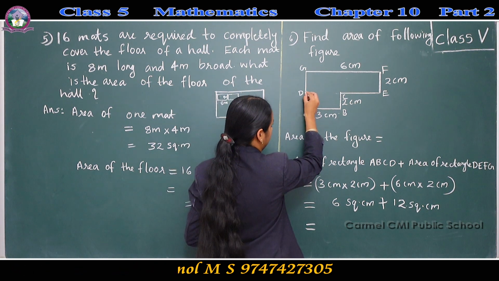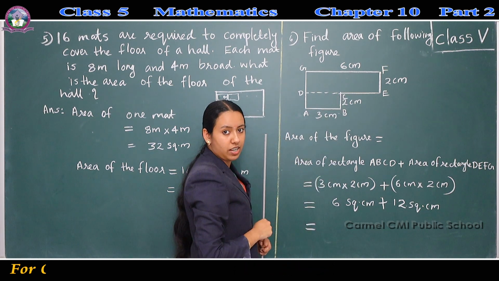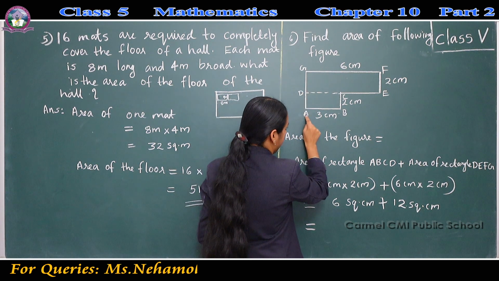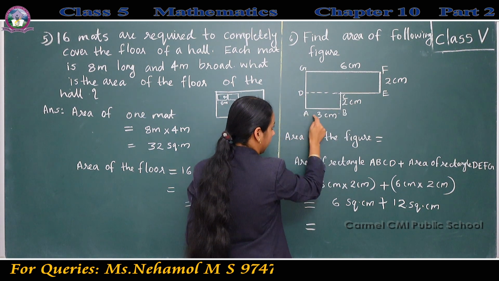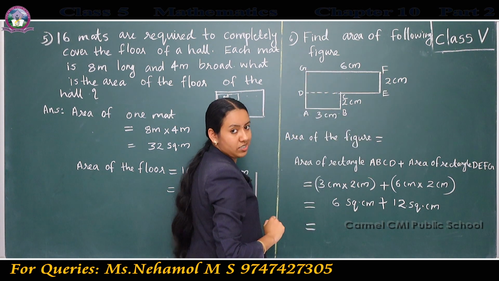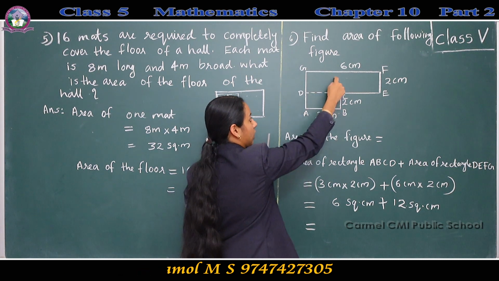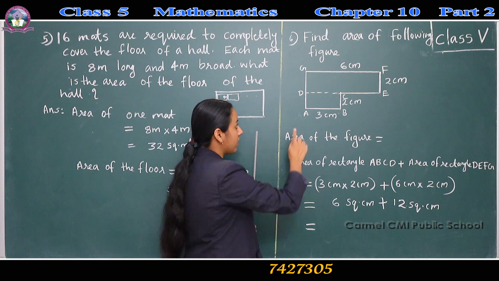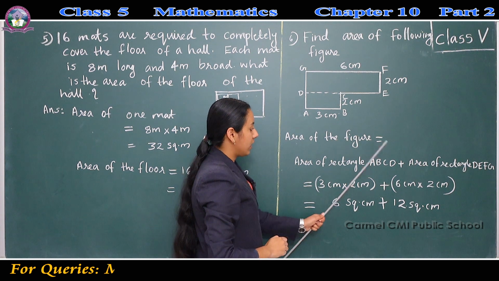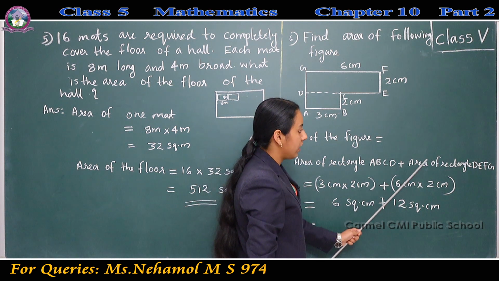We can split this figure as two rectangles. We know how to find area of a rectangle. Then now we got two rectangles. We can name it as A, B, C, D. First rectangle, rectangle A, B, C, D. The next one D, E, F, G. Rectangle D, E, F, G. So, sum of areas of these two rectangles will be same as area of the given irregular figure. Then, area of the figure is equal to area of rectangle ABCD plus area of rectangle